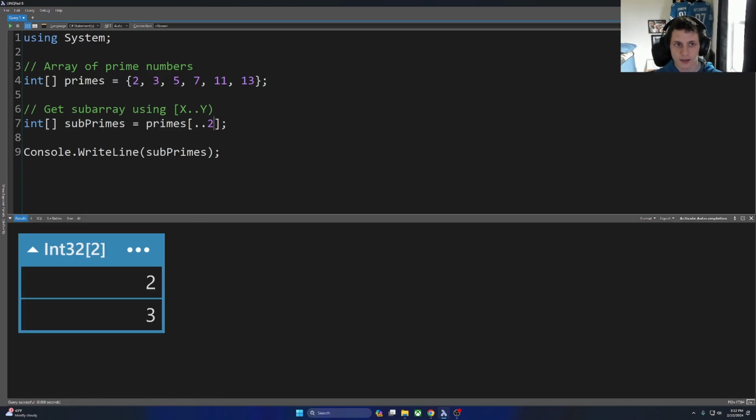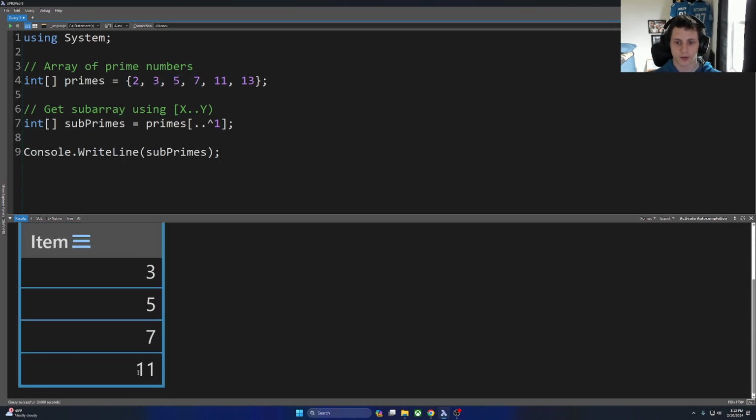We can combine this with indices. So if I wanted to get all of the elements in this primes array, except for the very last one, we can take out this 2 right here and do a ^1. And so our new array will just have 2 all the way through 11. Let's run that. There we go. We get 11, but 13 is excluded. And let's just do this one more time to make sure that 11 gets excluded here when we get 2,